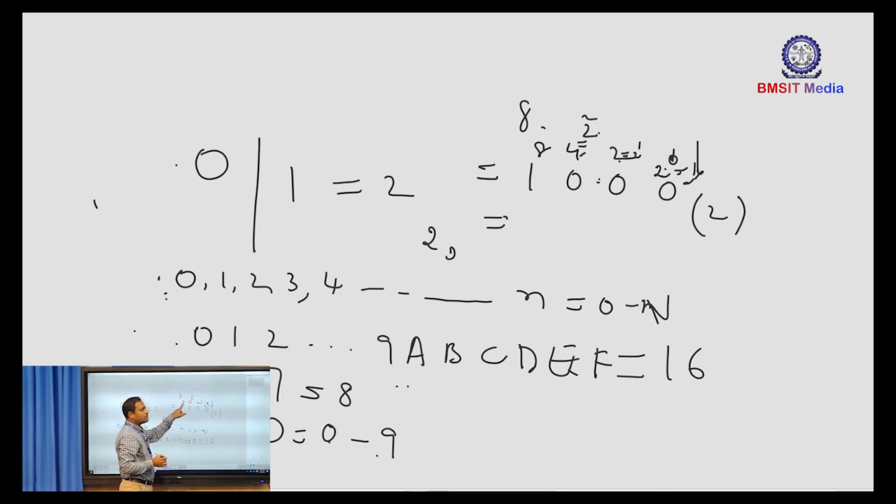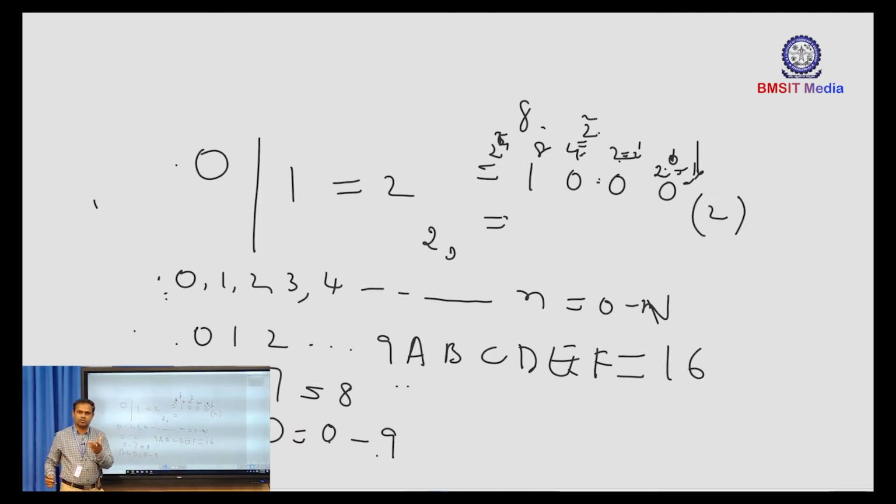Next 2 to the power of 3. Like that I can next write 2 to the power of 5, or say 2 to the power of 3, for example. 2 to the power of 3 means it is 8. 2 to the power of 4 means it is 16. Like that, this 8421, in general we call 8421 code. That 8421 code can be extended to any value towards your most significant bit, because if you look at this